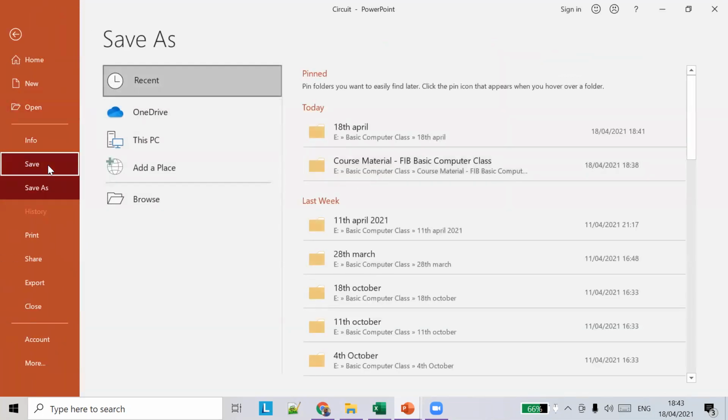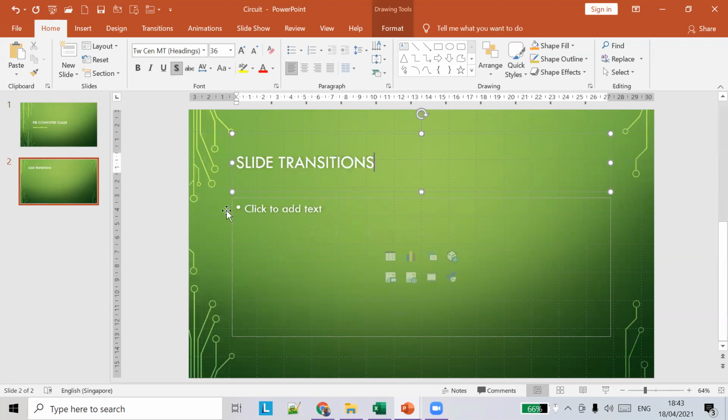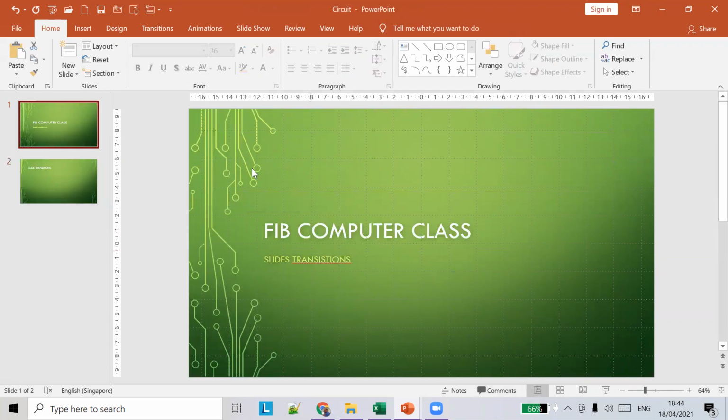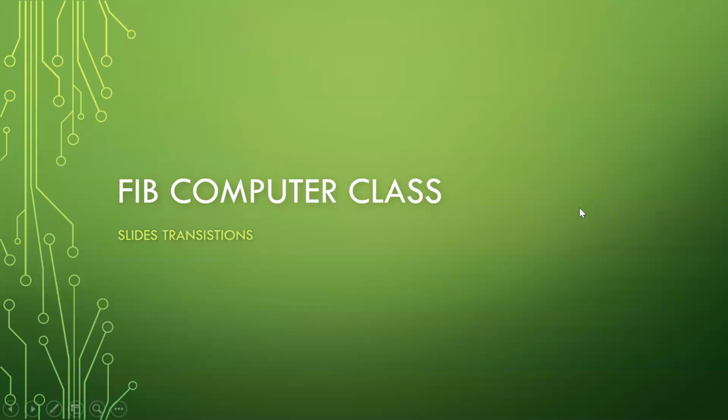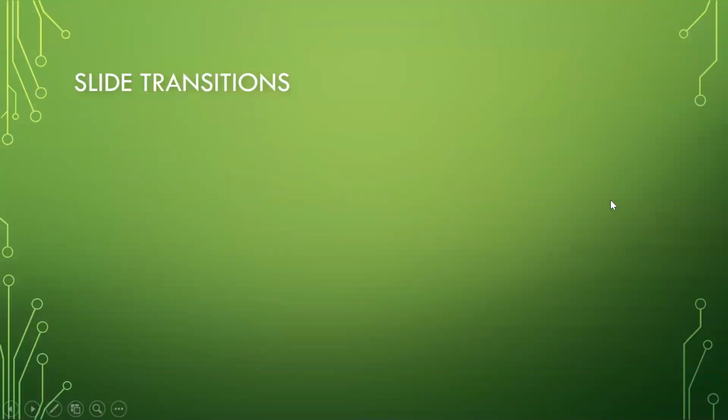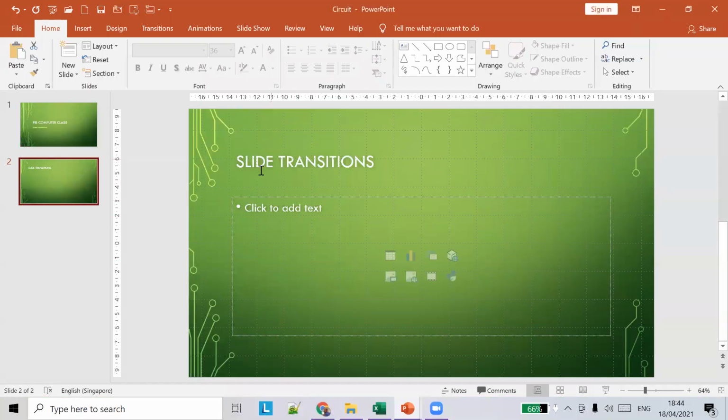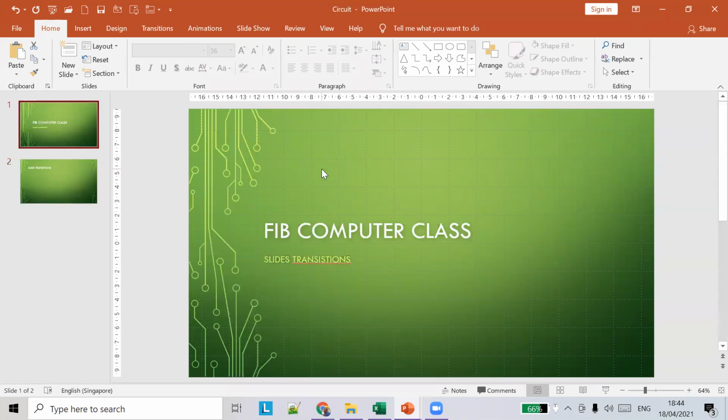What I'm going to do is apply a transition and see how it works. For now, if you see this example, when you do a slideshow and move to the next screen by clicking the left mouse button, you can see the slide changes, but there are no effects or animation associated with the transition. There are no transition effects added. So let's try to do a transition effect for a slide. Transitions can be applied to slides.